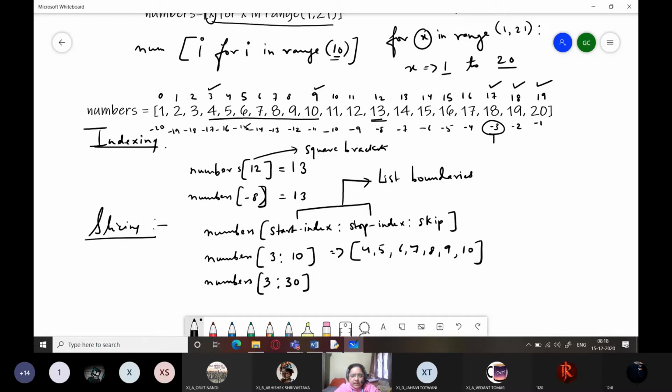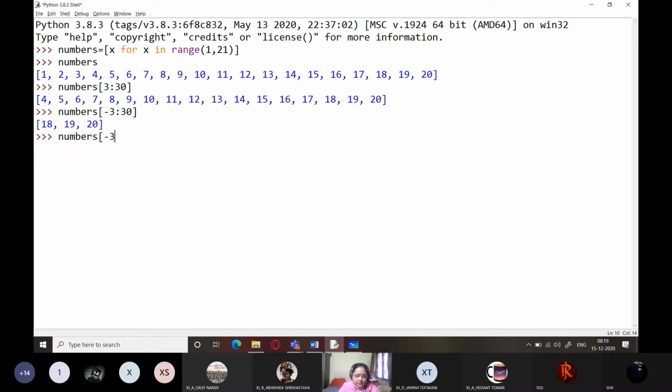So here 18 has the negative index -3 and 4 has the negative index -18. So you may think that we can write something like this, numbers -3 up to -18, because this should be exclusive, and -1. Let's try this out, but it's not going to work.